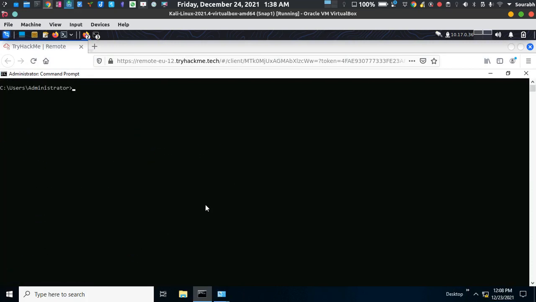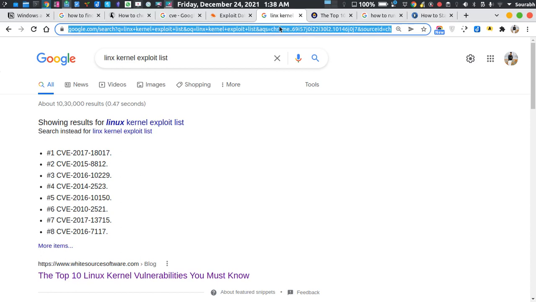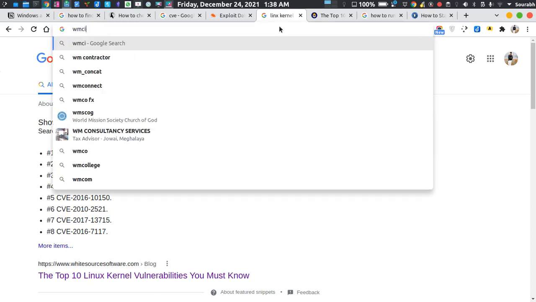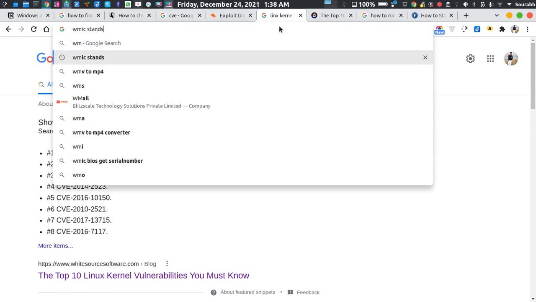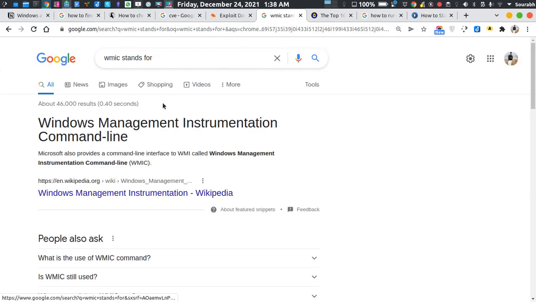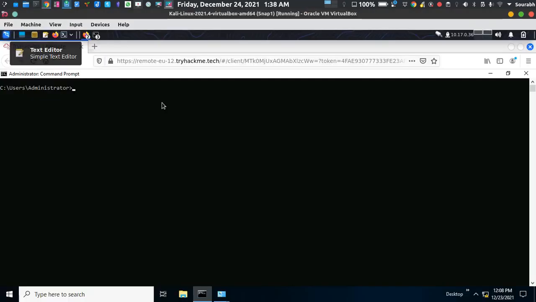So for finding all the packages on Windows, we need to use a utility called wmic. What is wmic? Let me just find out the acronym for that. I think it's Windows advanced management something. WMIC stands for Windows Management Instrumentation Command-line.